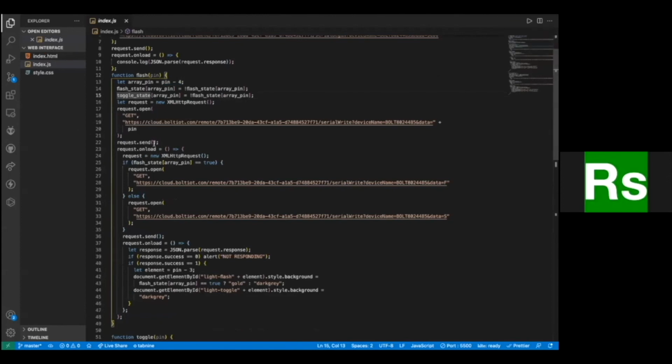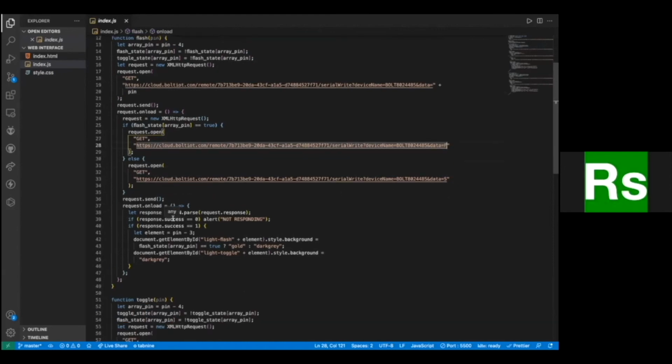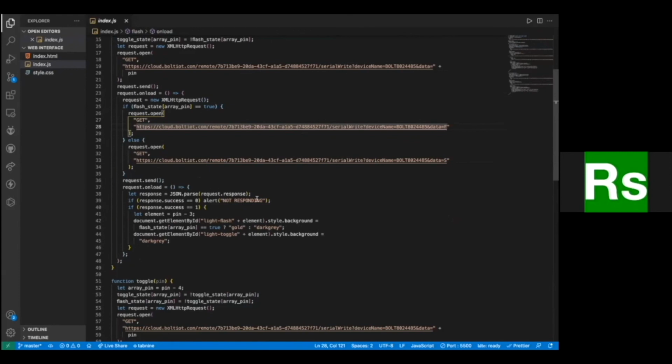Once that request is sent and it loads, if the flash state is true, meaning we want it to flash, we send an F to the microcontroller, or if we want to stop flashing, we send an S to the microcontroller. Then we send this request. And after sending this request, if response.success is 0, we alert not responding. If it is 1, we do this.